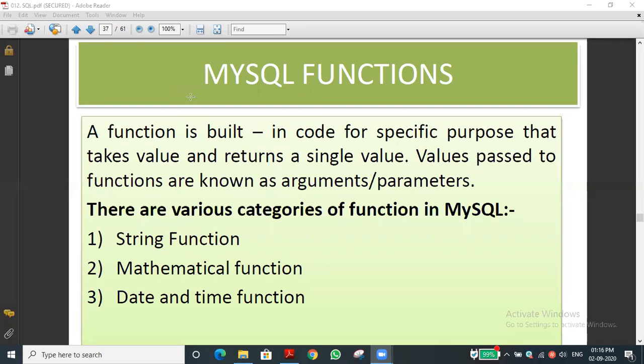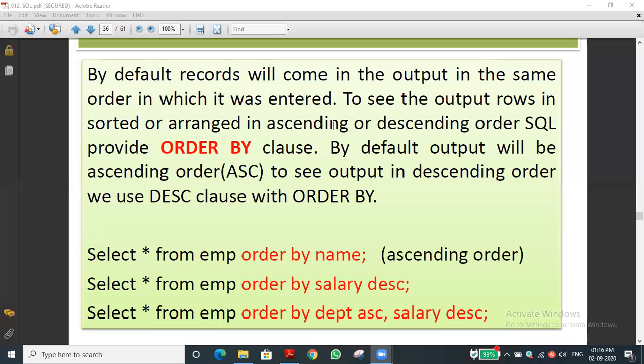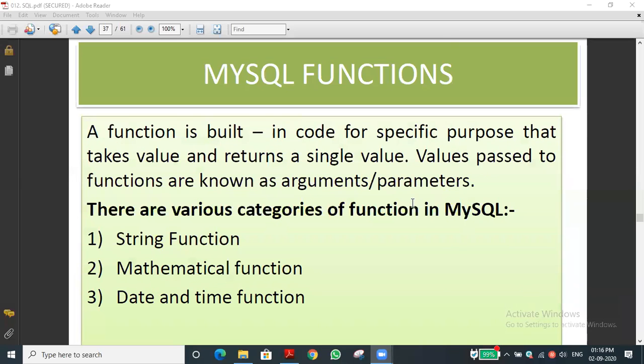Yesterday's class we started talking about functions, that is the ORDER BY clause. At last we discussed it. So what is the use of ORDER BY? Can anyone say? Sorting, sir. We can use it for sorting in ascending order or descending order. By default, it will sort in ascending order. Okay, that is the way. Ascending. And today we are going to see